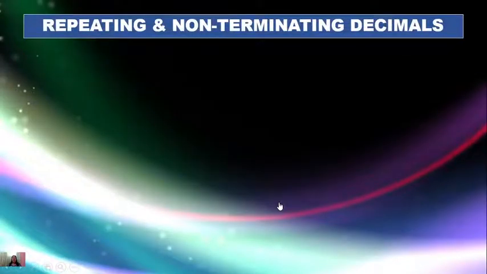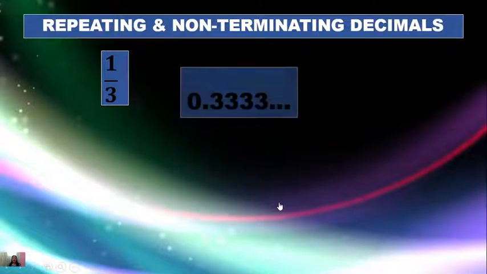So I will give an example of repeating and non-terminating decimal. We have the fractional form, 1/3. How are we going to translate or express this in decimal form? That will be numerator divided by denominator. So that is 1 divided by 3. And the answer is